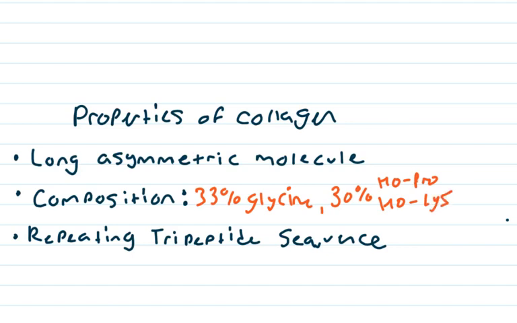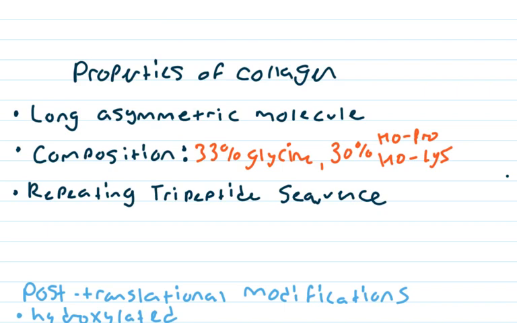One of the other key characteristics of collagen is that it has a repeating tripeptide sequence. Within the primary structure of collagen, we see this repeating tripeptide sequence, which consists of glycine, followed by an X amino acid and a Y amino acid. Most often, this X is proline. And if you remember proline's amino acid structure, it has that R group that forms a ring with the amino